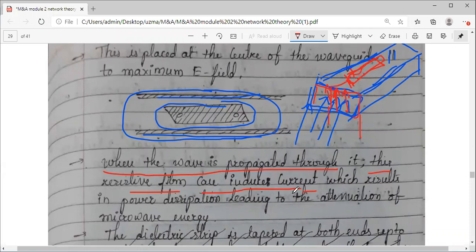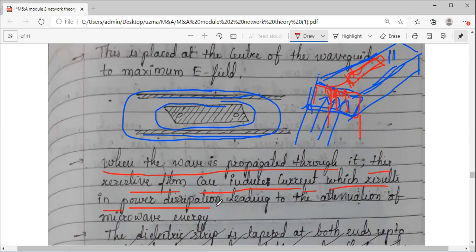So after some amount of time, what will happen? Some amount of power dissipation occurs because of the induced current. Power dissipation, you can feel it after some time. Your devices, your waveguides, you can feel that heat. Okay, so that indicates the power dissipation.